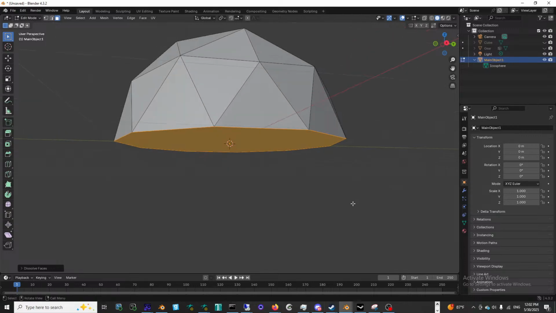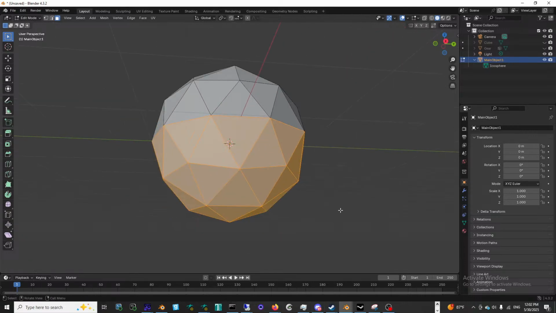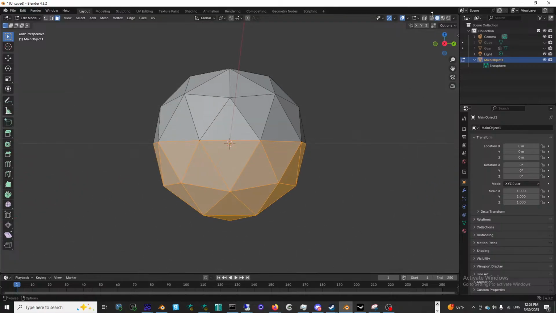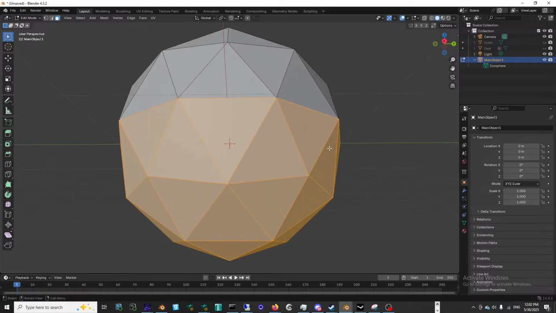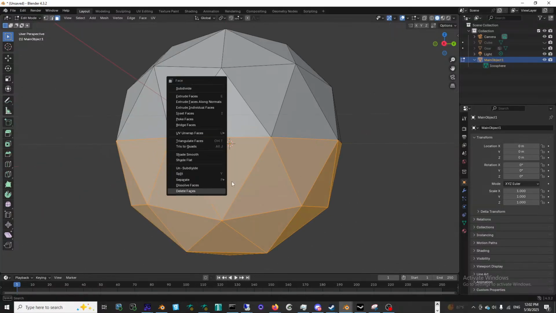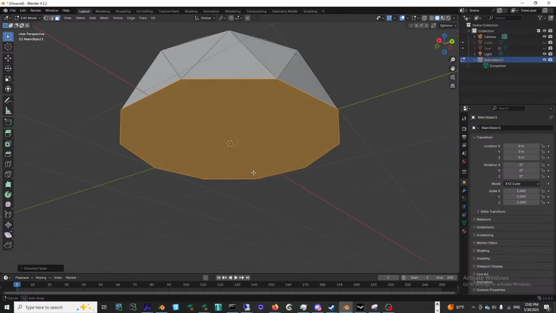The stream. Oh, how I did this. I selected these faces. And then there's this special thing. I love this functionality of low poly things. Dissolve faces. And then it keeps that